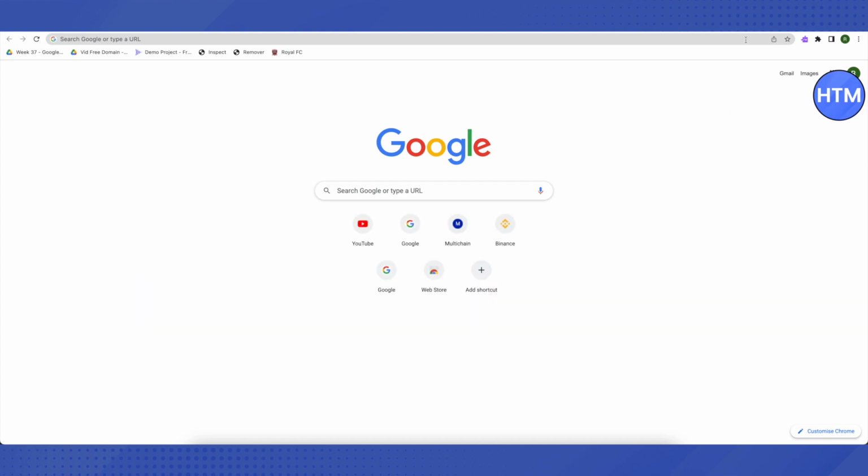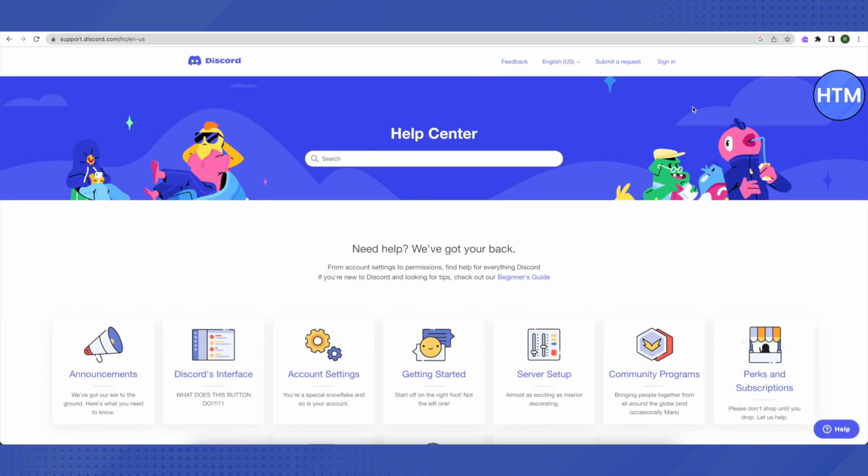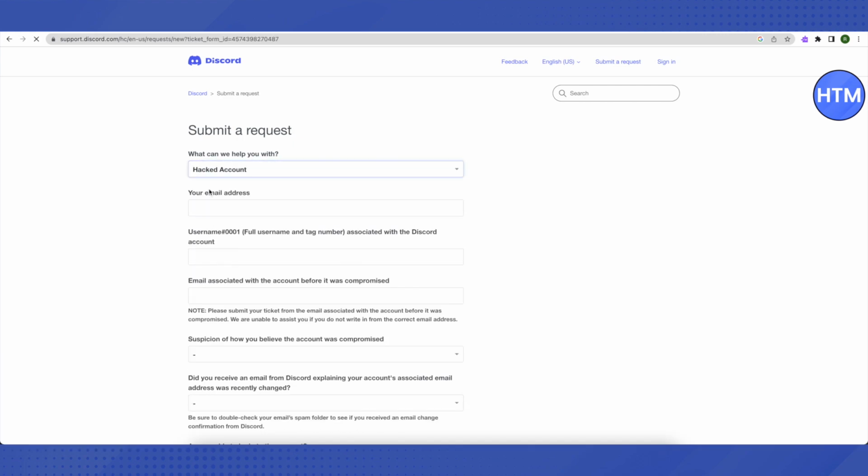So for that, open up Discord's website and here click on support. Then you will be able to see this option of submit a request on the top. Just click on it, and then in the section of what can we help you with, select hacked account